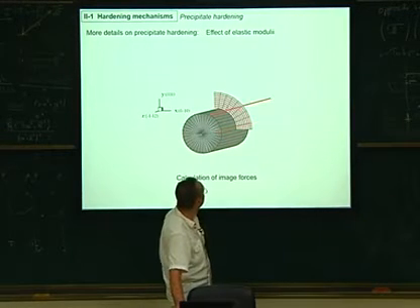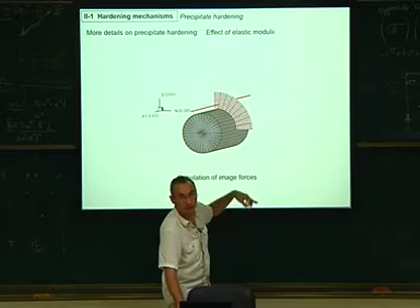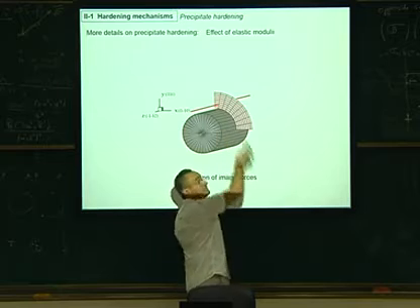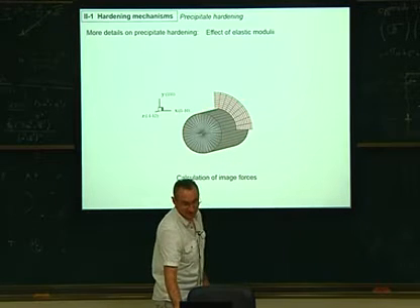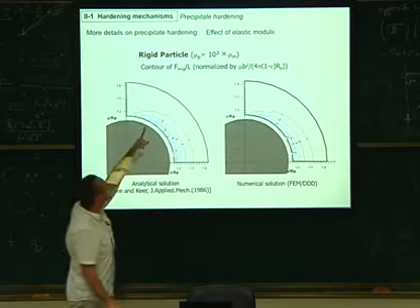I put the dislocation here, and I compute the same force at that place. I put it here, and I compute it. So I create a kind of interaction map of the image forces in any place surrounding the particle. And this is how it looks. This is the case of rigid particles.